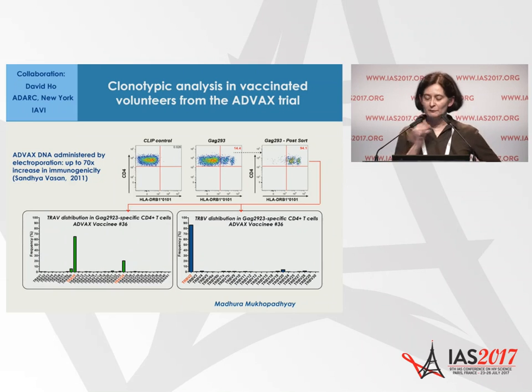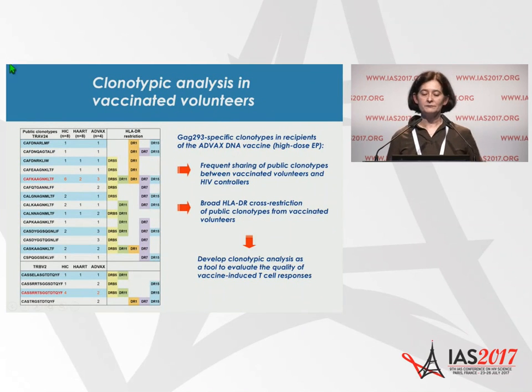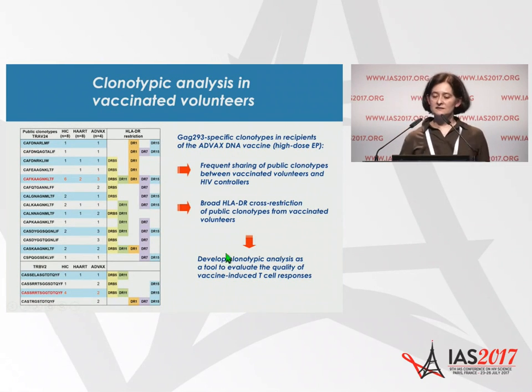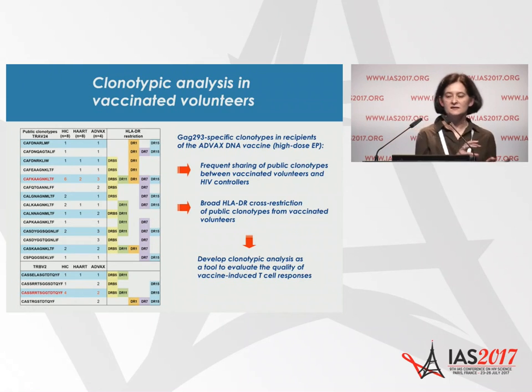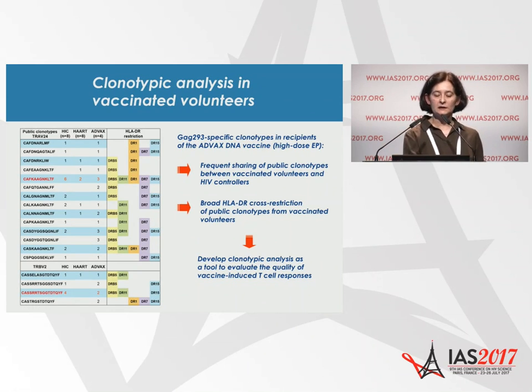So I will wrap up by saying very briefly that in the ADVAX vaccination trial, we analyzed a few of the volunteers, and we could find many of the public clonotypes shared between the vaccinees and the controllers, meaning that it will be feasible to compare the frequency of shared clonotypes between the repertoires of vaccinees and controllers. And since we showed that these public clonotypes can confer interesting properties, this may be informative on the quality of